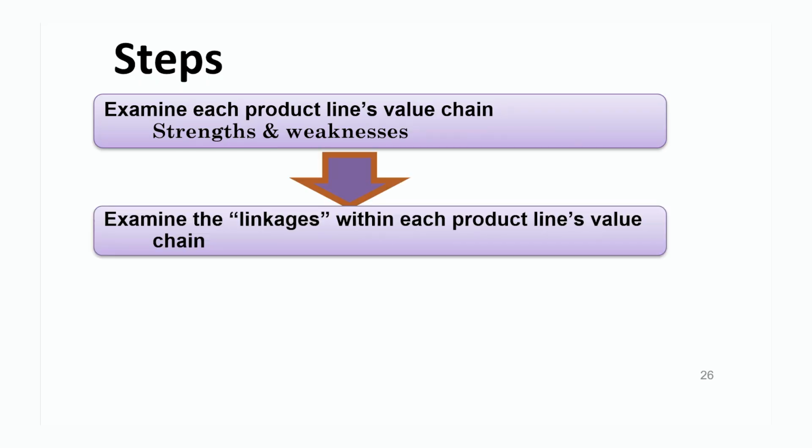Second step, you are required to examine the linkage within each product line's value chain. Linkages are basically the connections, that how one activity is related to each other. For example, if I am into 2 products, garments and footwears, both products have their own business lines, on value chain, on product line. But there could be a point of commonality, that connection which we have to see, and that could be maybe raw material or distribution. You can sell both products at same outlet, so that will be the point of commonality in the value chain of 2 products.